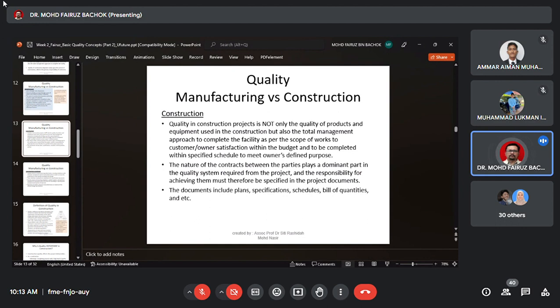So you need to understand all of this document. You don't have a choice. You need to understand it. If you only understand the plan but not the bill of quantities, these things relate to each other directly. So if you focus on the plan and not understand the rest, it can go over budget. If you just focus on the certification, not the schedule, the project will be delayed.